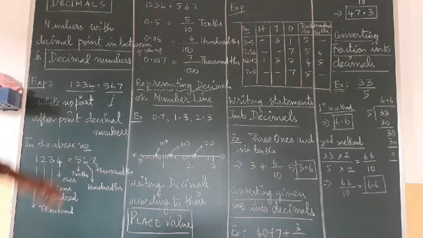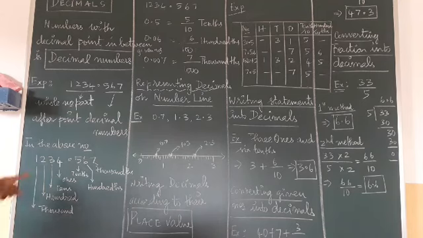Then what are the place values in this example? In the above example, what is given? 1, 2, 3, 4.567. What are the place values? As you know, before the decimal, the last number 4 is the ones digit. And before 4, it is the tens digit. And before 3, it is the hundreds digit. And before 2, the fourth digit, it is called the thousands digit. Then it will be 10,000, lakh, 10 lakh. It will keep increasing in the whole number part.